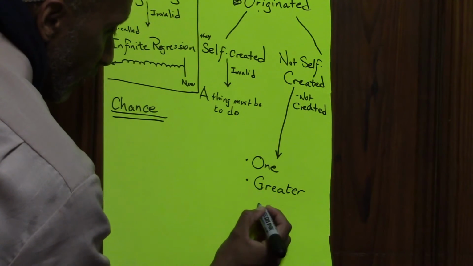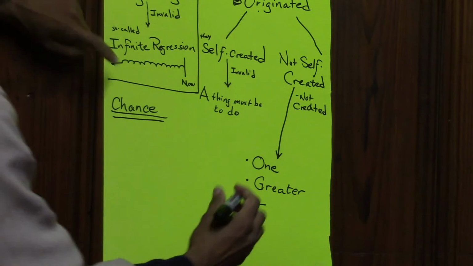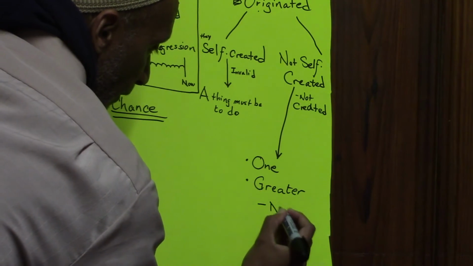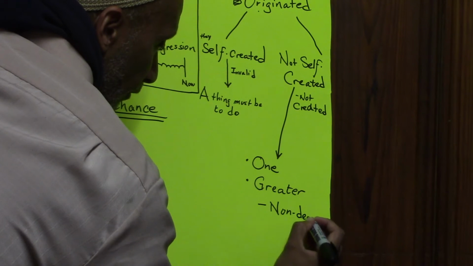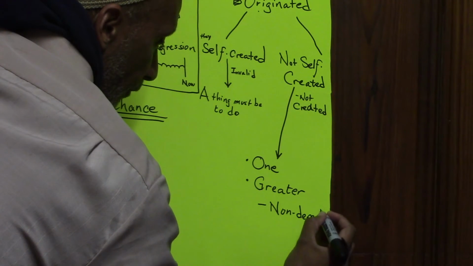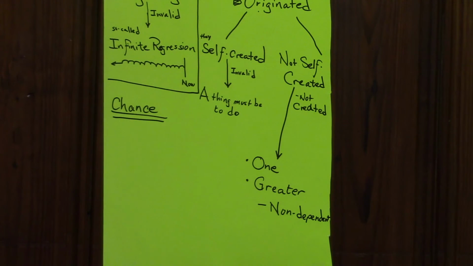Which would mean, since God is greater than everything else, the one who created the universe is greater than everything else, then what else would that mean? The creator's not dependent, non-dependent. You follow me? How do we know that the creator is non-dependent? Because